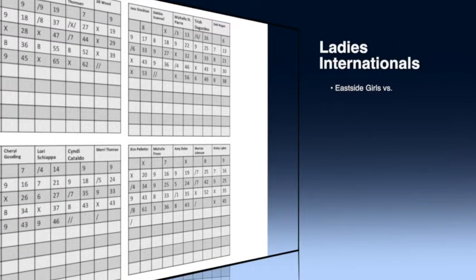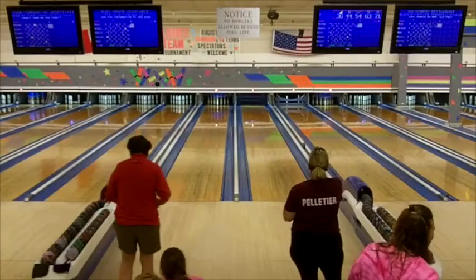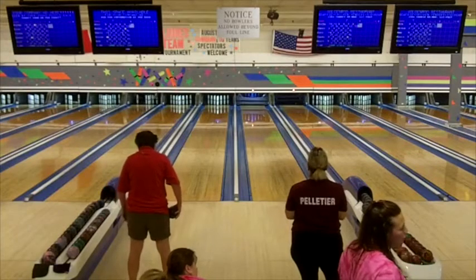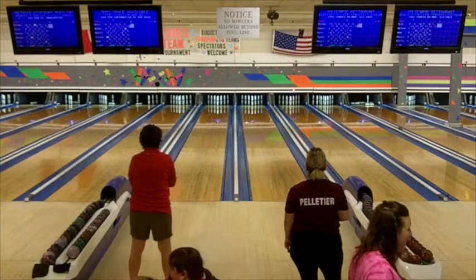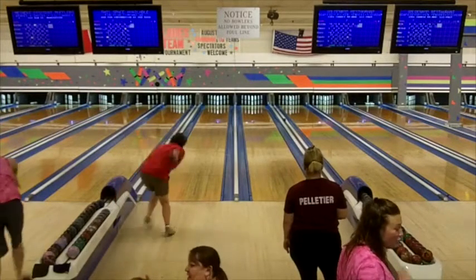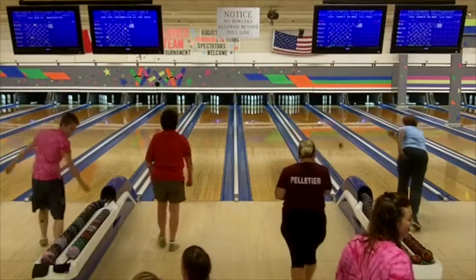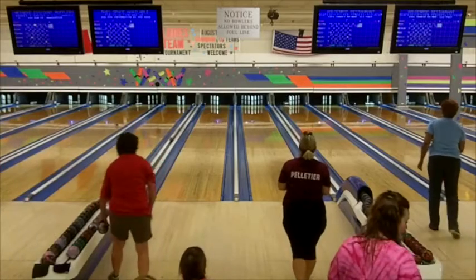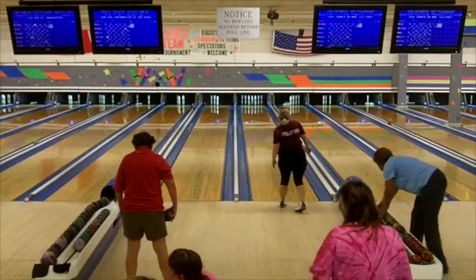We are back at Lakeside Lanes for the second half of these two matches from the Ladies Internationals team event. And as you will recall from the first half, in the match on the left pair, Eastside girls are leading Park Place Pink by about 54 pins. And in the other match, Mass Eagles are leading Travel Anywhere. They were leading by 12, but Kim Pelletier had a spare in the 6th, so that's a pretty